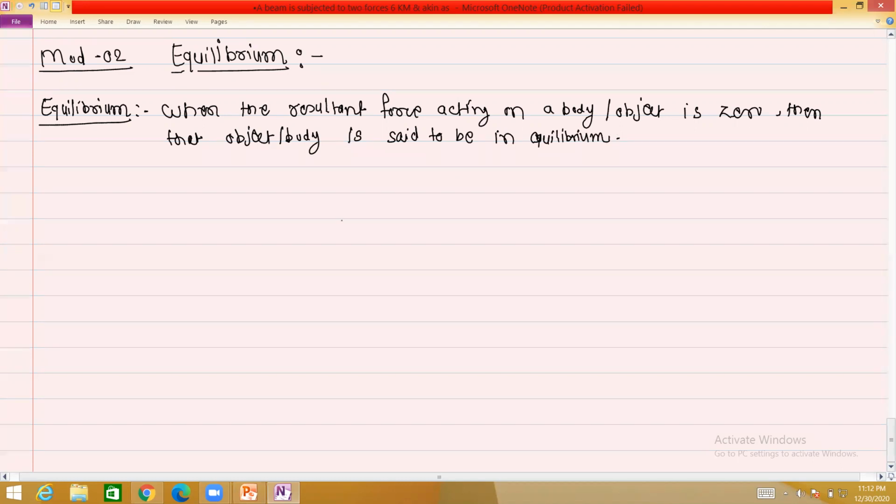Okay, so till now we have seen the different forces acting on a body. And what is the effect of these total forces? That effect is generally represented as a resultant, which is called the net effect. But suppose the body is in equilibrium, then that net effect or resultant will be zero. So we will take one simple example.